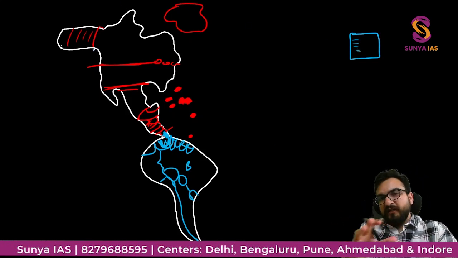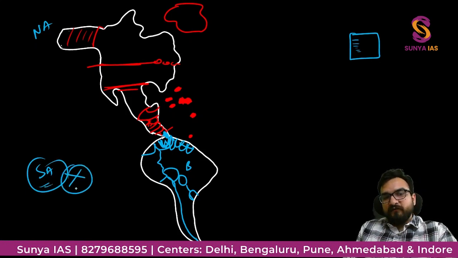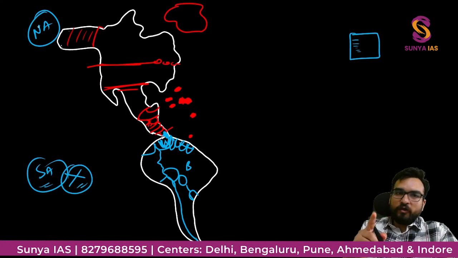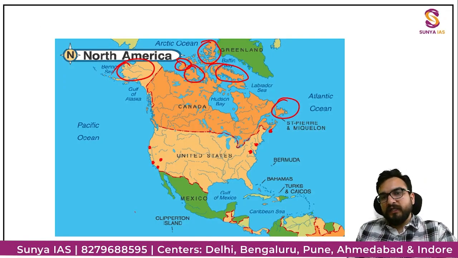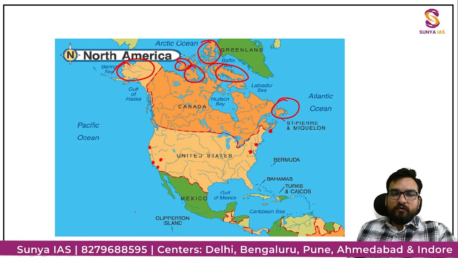A rough map I am telling you, because on the spot when you are seeing a prelims question and you are not remembering anything, तो आप पूरा format follow कर सकते हो, guys. And within minutes, अभी आपको थोड़ा time लगेगा, but within seconds you will be able to draw it. So this is your North America, this is your South America. South America we are done with completely. We have seen the physical features also. North America we have seen the political features. Today we are going to see all other features like mountains, rivers, and other aspects.